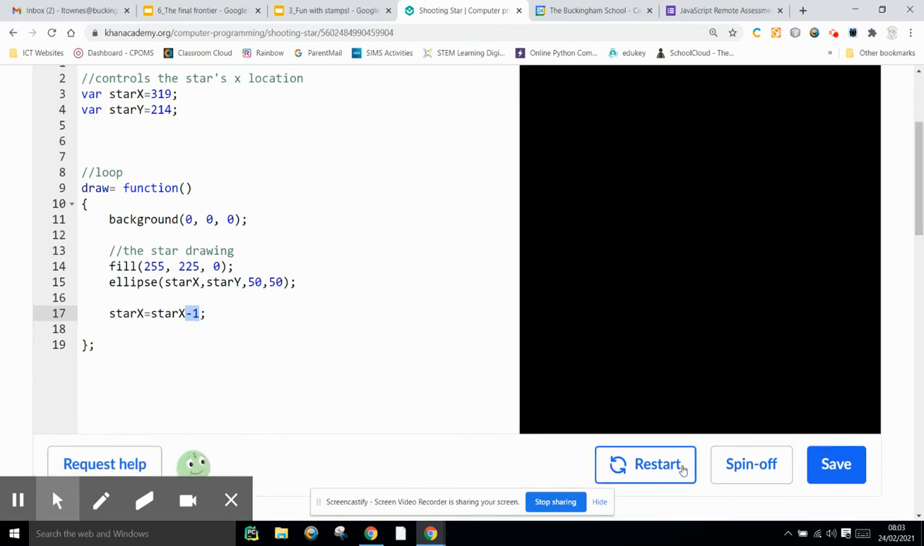Now I could sit here and constantly hit that restart button, but to be honest, I really don't want to. I want to come back on its own. So the simplest way to do that is, of course, an if statement. Now I know that when x is at 0, that's right here, that's when it goes off the screen. And when x is at 400, it goes off the screen there. So I'm going to check if my star x is less than 0. In other words, if it's gone off the screen,